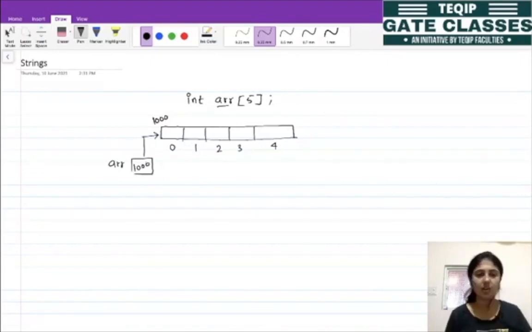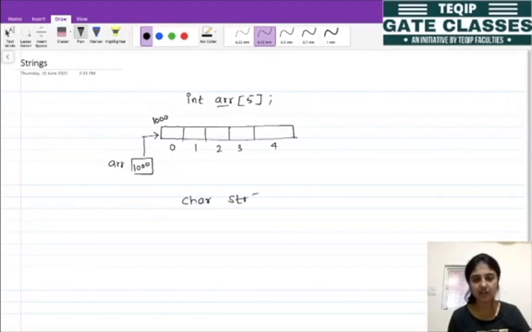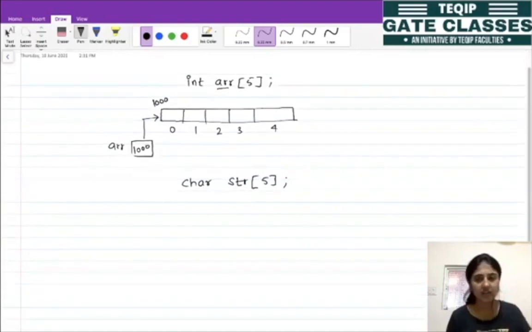This is a group of integer elements stored in the integer array. Similar to this we have the concept of character array. This is the statement: char, then the name of that character array, and we are passing some size. Similar to this integer array, this character array str is going to have 5 blocks, right?